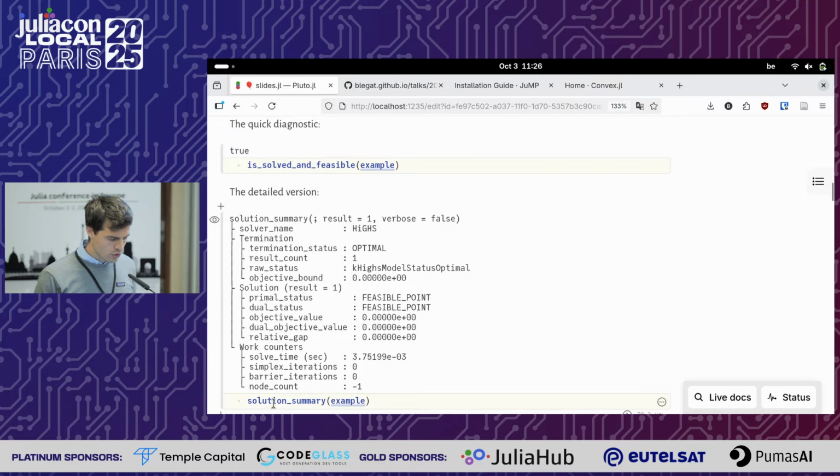Okay, and so there is the solution summary, which gives you basically all the information you should be looking for. So what's the termination status? It's why the solver stopped. And then you have the primal and dual status, which are the status of the solution of the primal and the dual. So in the design of the solver interface,